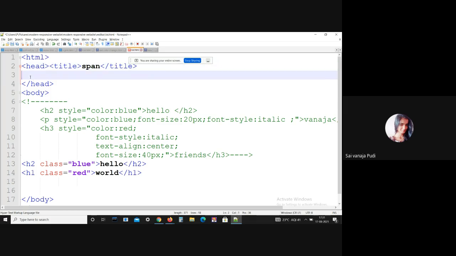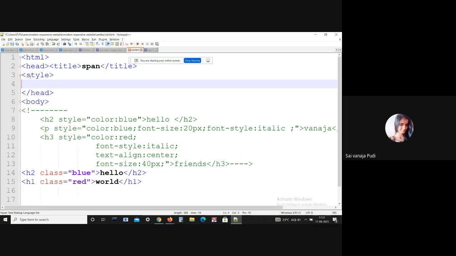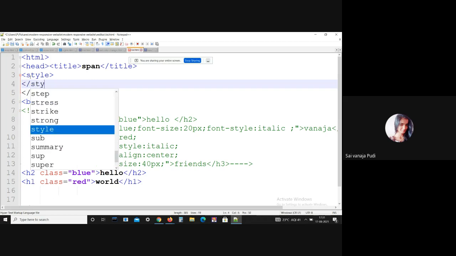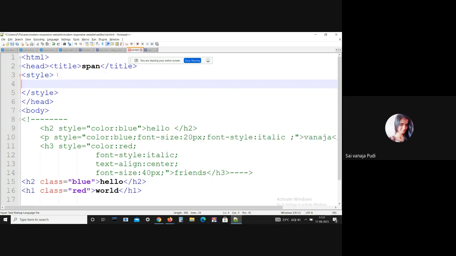First of all, you should open the style tag, and if you want to add any properties, you should add them in between the style open and closed tags only. Now I have created two classes, blue and red, for the h2 tag and h1 tag.